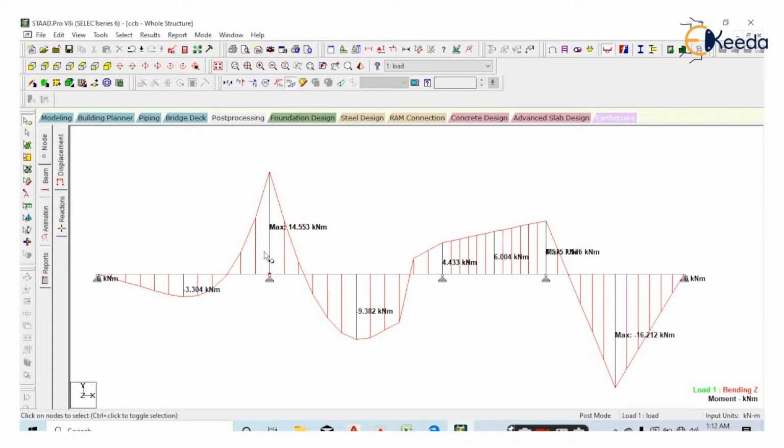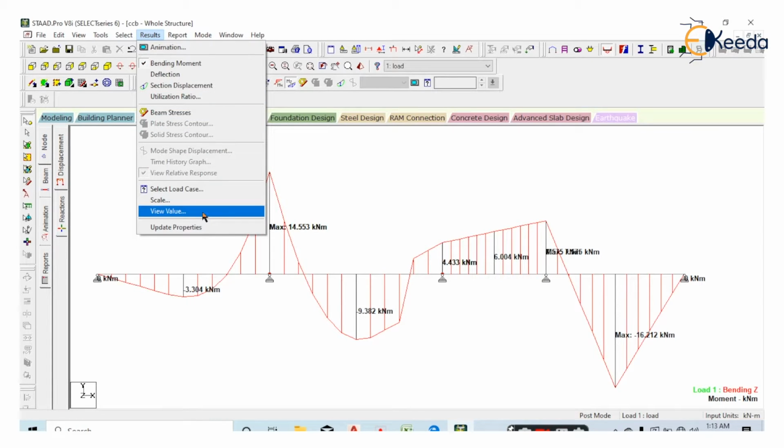For a second beam, the maximum bending moment of first and second beam is same, 14.553 kilonewton meter. At the mid of the second beam, the bending moment is minus 9.382 kilonewton meter. At the another end of the second beam, there is the bending moment of 4.433 kilonewton meter. Like that you can find bending moment at the end, mid and the maximum bending moment in all the beams. Okay,